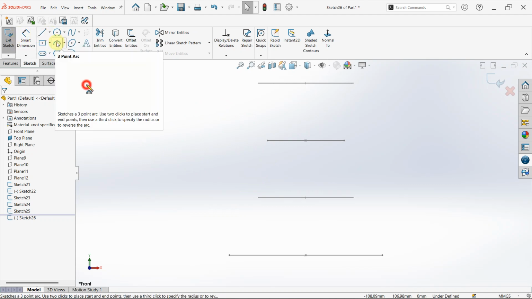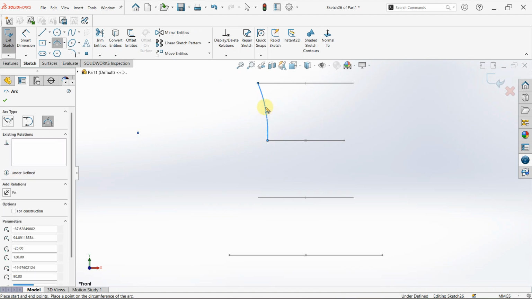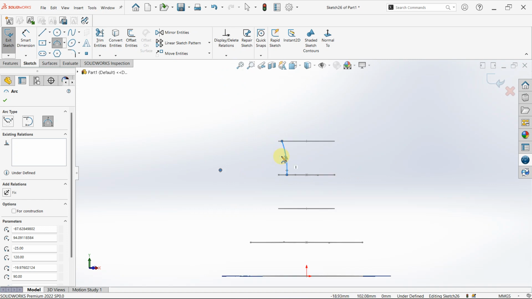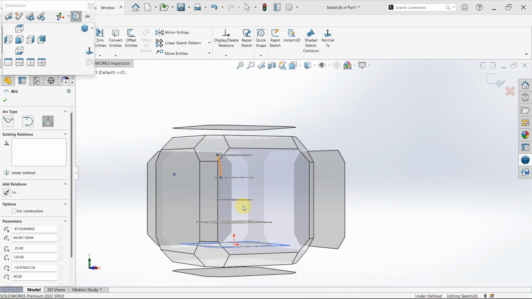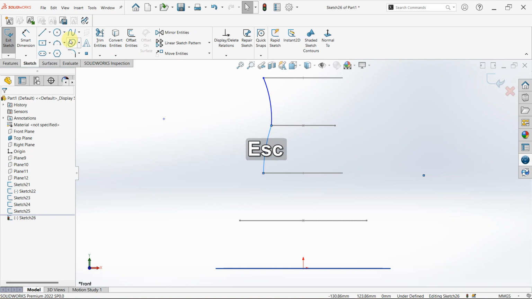So let's say the profile I want to be like this. Okay. So let's say this is what I want. Also from this point I want it to be this, and then spline from